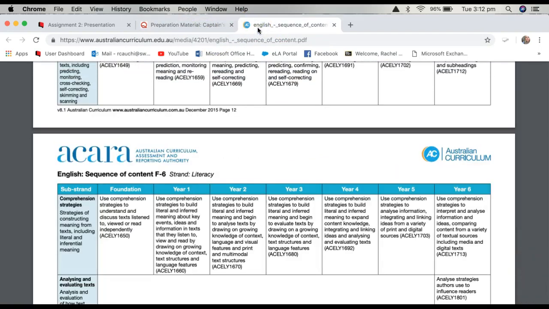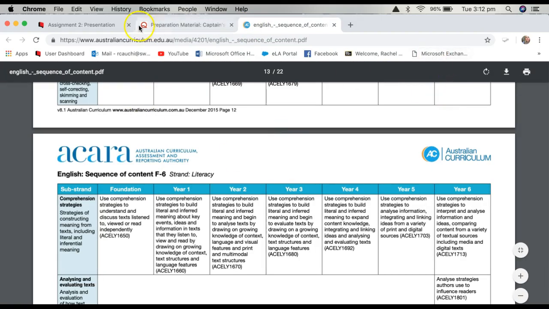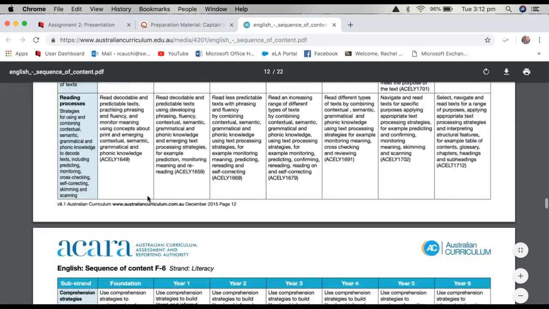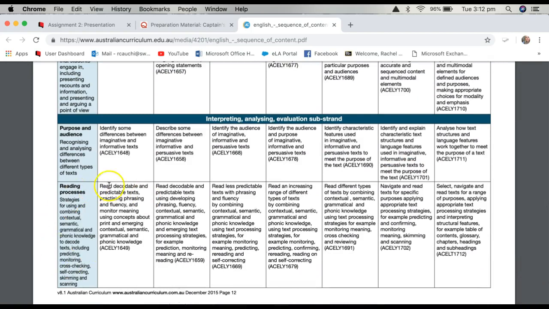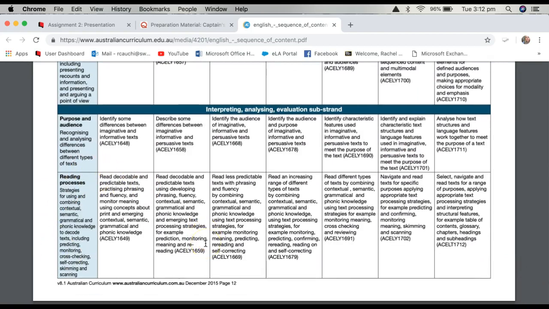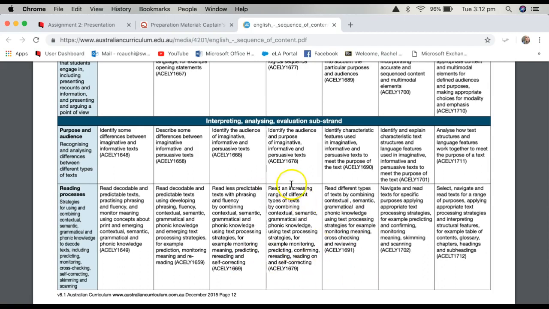Oh, the other one I wanted to talk about there was the rereading. Now I'm just going to type, here we go, reading processes. So another thing that I thought was interesting was linking to that rereading and looking for different clues in different ways. So if we have a look at, say, grade 3 building on to grade 5 and that value added and the building on and scaffolding those ideas throughout the years,